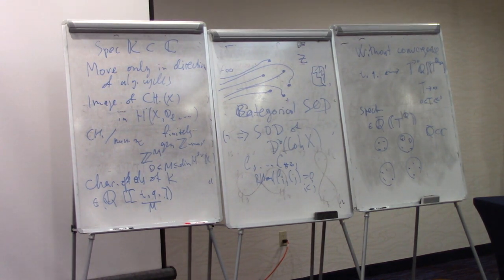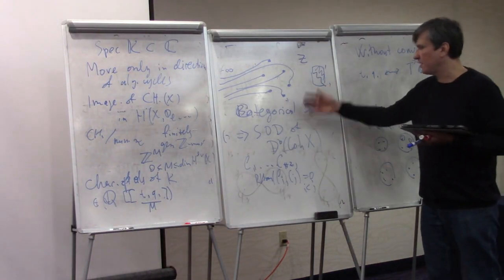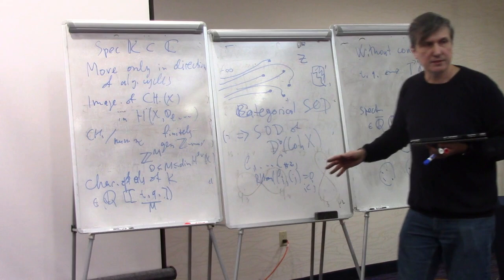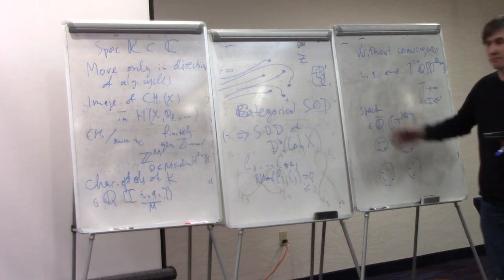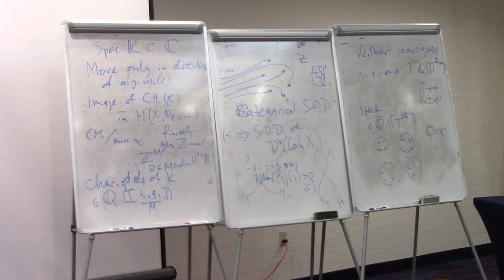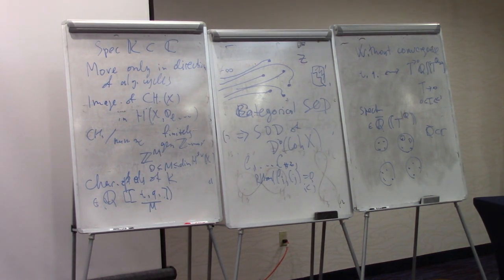So how could these things happen? When you get the semi-orthogonal decomposition, you get a lot of endofunctors projecting to the individual pieces, which are given by certain kernels. And these endofunctors are given by some complexes on the square of your manifold. So using this picture, you should construct a bunch of complexes of vector bundles on my manifold, or D^b of coherent sheaves on the square of my manifold. But what I do is I use only Gromov-Witten invariants, essentially 2-point ones. So you should consider like M_{0,2} with different betas. And somehow, using only finitely many of them, I should combine them into the kernels of the functors.